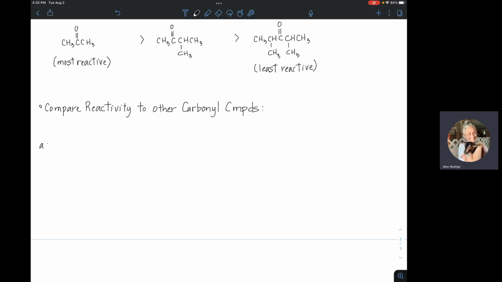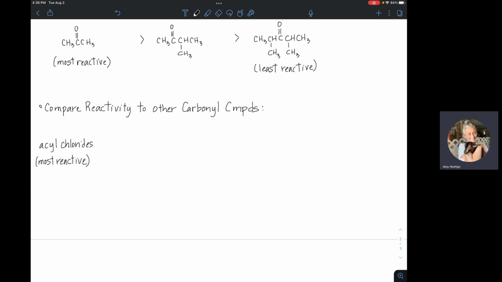We have our acyl chlorides. These will be our most reactive. Now remember, these are going to undergo nucleophilic substitution reactions, right? Because the chloride is a good leaving group. But in terms of reactivity of the carbonyl, we're not saying substitutions or additions, we're just comparing